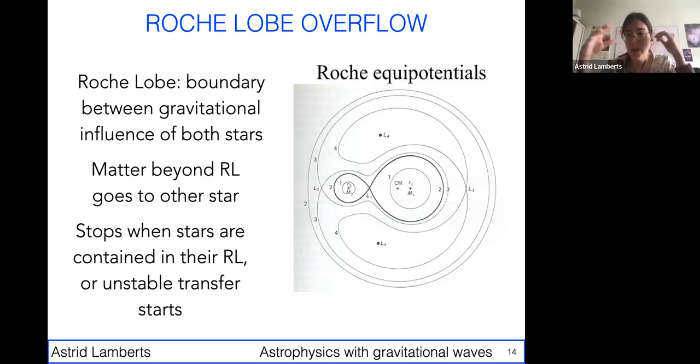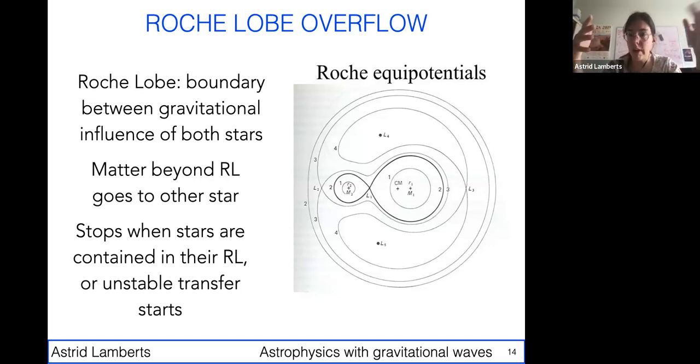So if a star fills its Roche lobe, so it's overflowing this boundary, this thick line, matter that was belonging to one star can now flow onto the other one and lose mass. And this is what we call Roche lobe overflow mass transfer.